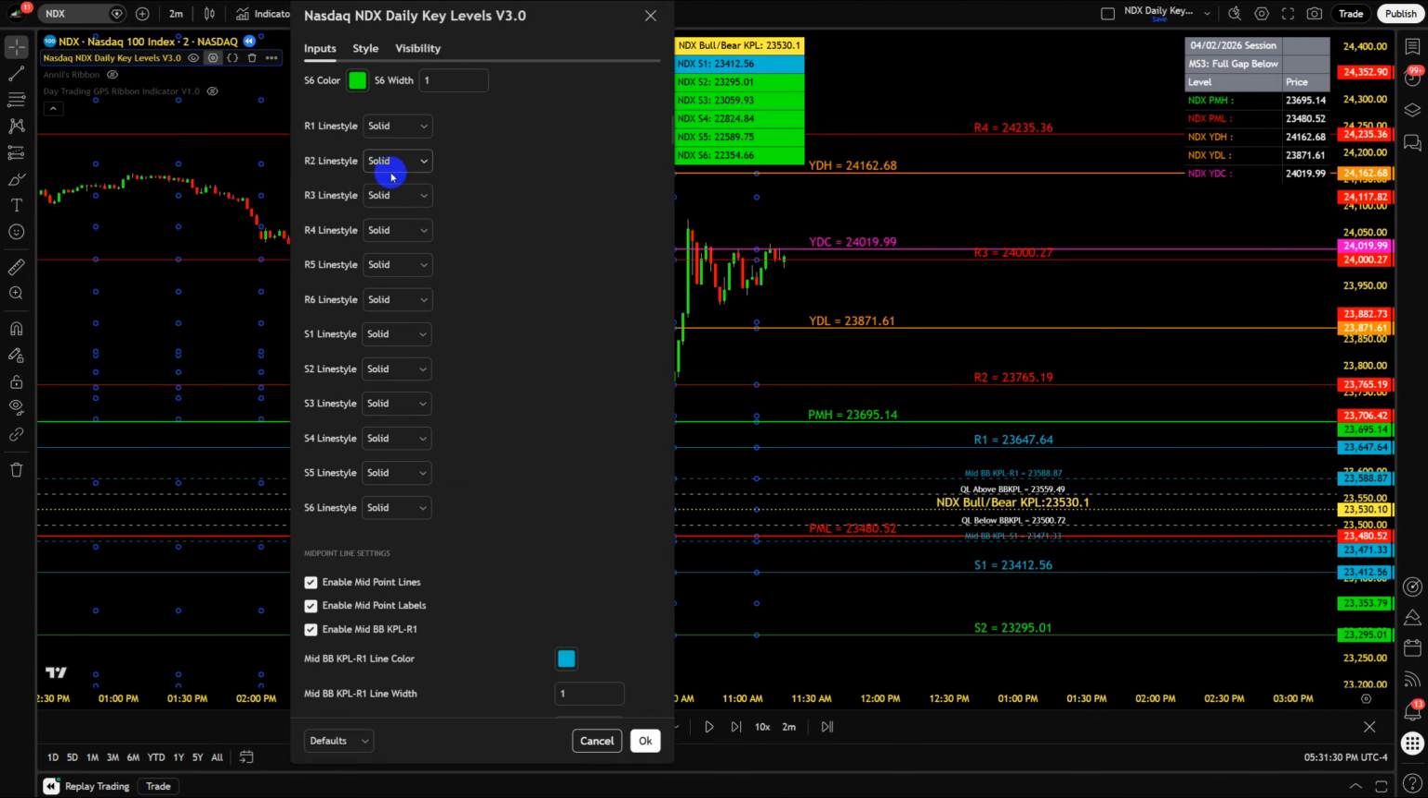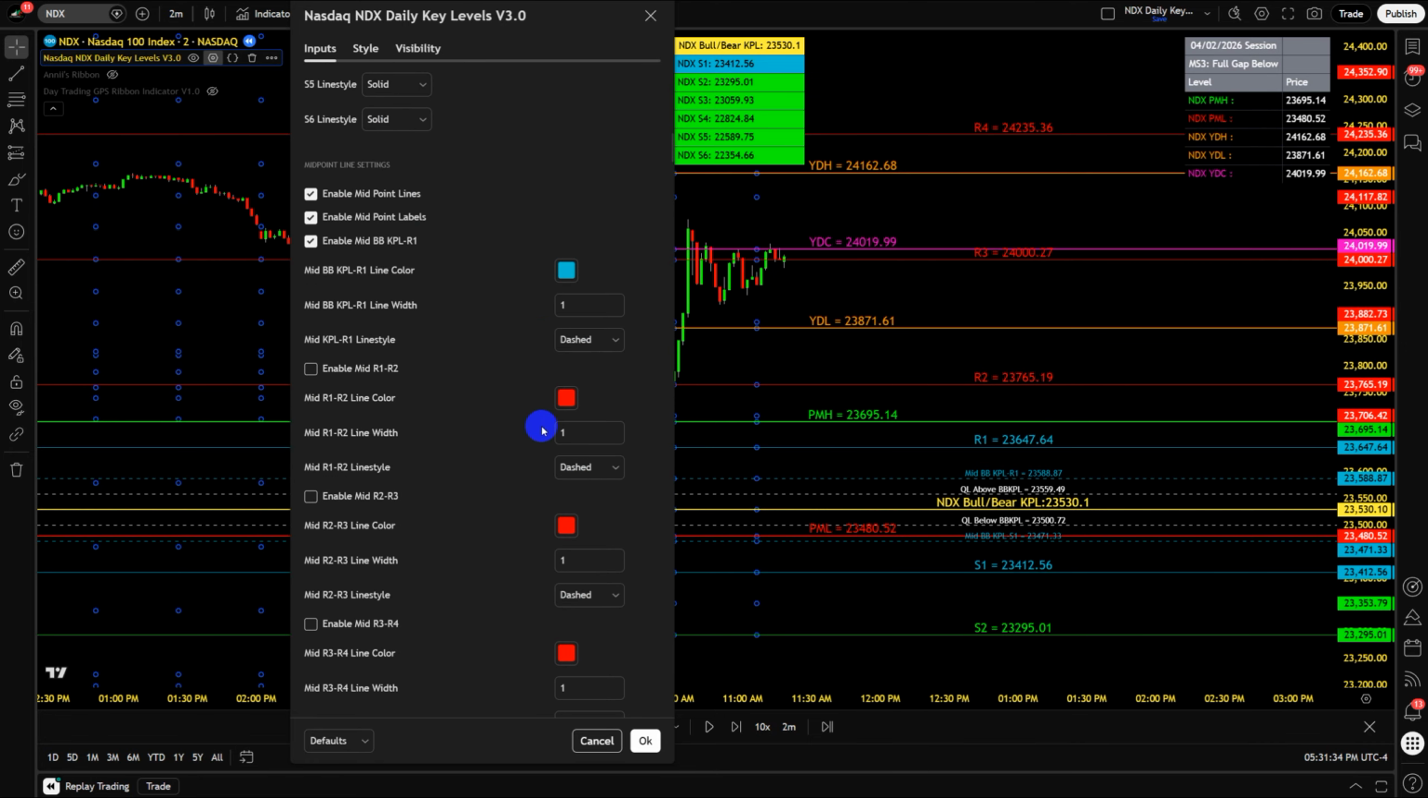So you can do the same here. You can change these from solid to either dashed or dotted. Next, we have enable midpoint lines, enable midpoint labels. By default, the indicator has the midpoint above the bull bear KPL and the midpoint below the bull bear KPL turned on. It also has the QL above the BBKPL and the QL below the BBKPL turned on